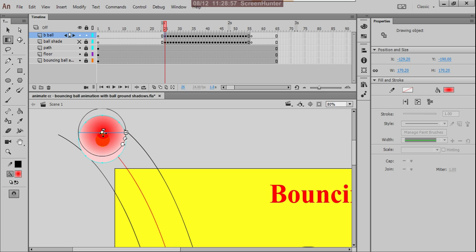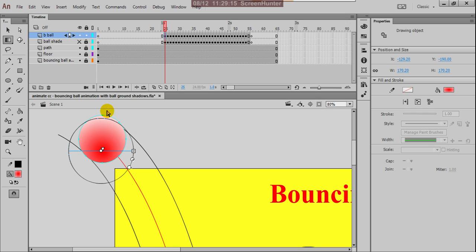Suppose this shade goes down, and this highlight is on top.